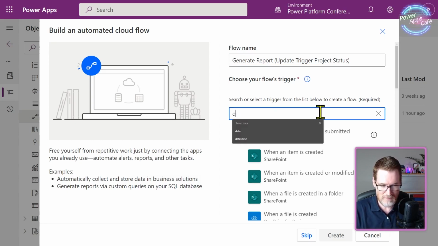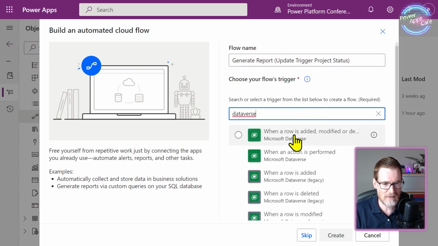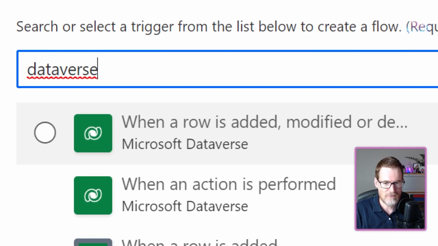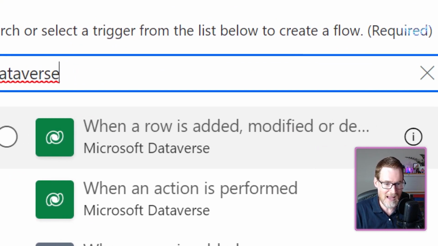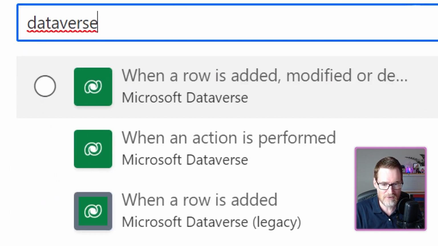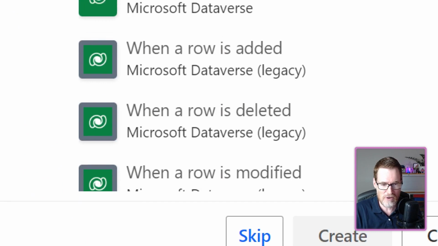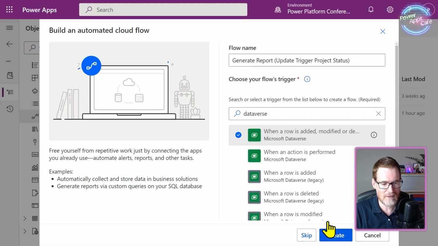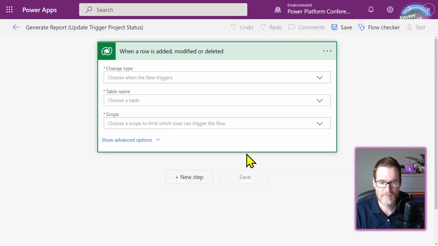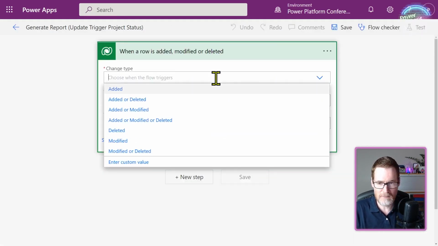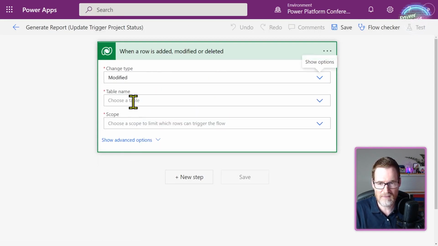So we might want to make sure that we use the Dataverse connector, and there are two. There is "When a row is added, modified, or deleted", Microsoft Dataverse, but there's also, down the bottom here, "When row modified", and this is actually the legacy connector, so we don't want to use that. So I'll create this. And so the change type, we want to have when it's modified, and that's the filter